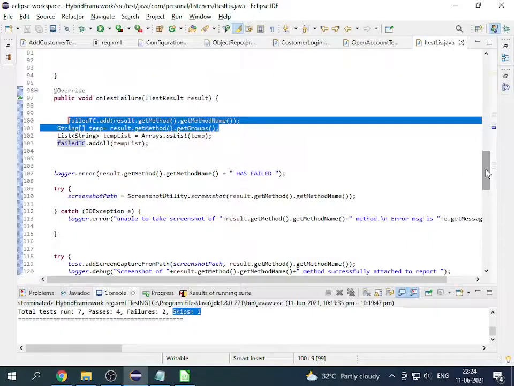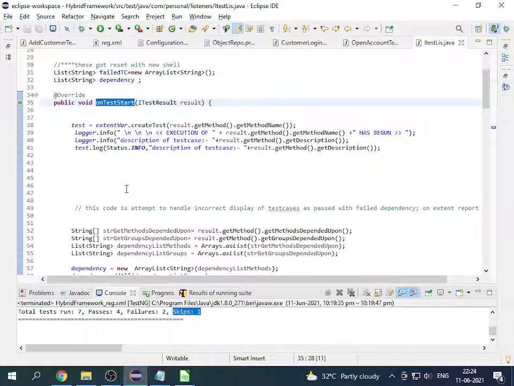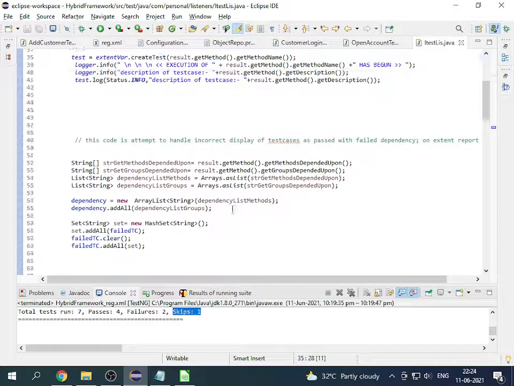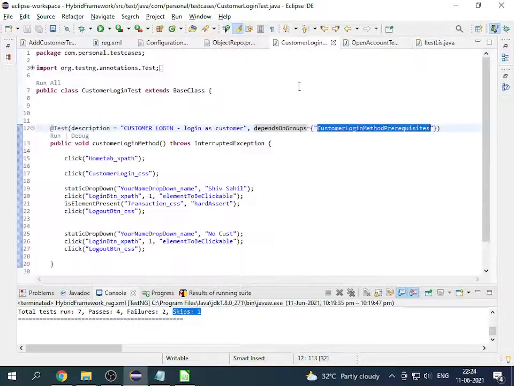So what is happening is that in the next test run, when it comes over here, it will say that this is your test case, and this test case is dependent upon this group.